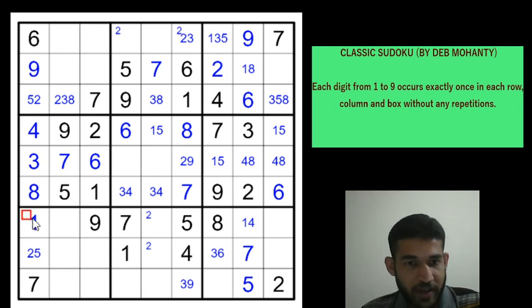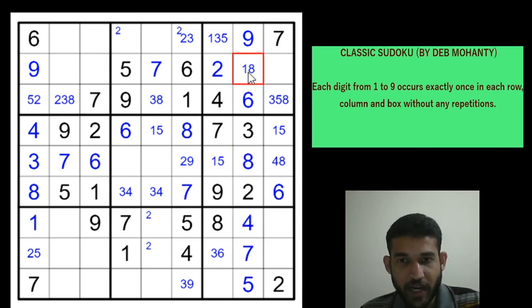Okay, now you have 1 here in row 7, that immediately gives you a 4 in row 7, column 8. That gives you an 8 here and a 1 here. And 1 in box 1 can be placed in only one cell now, because of this one and this one. 1 can only be in row 1, column 2.